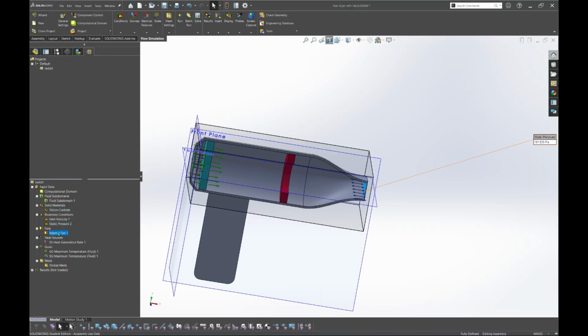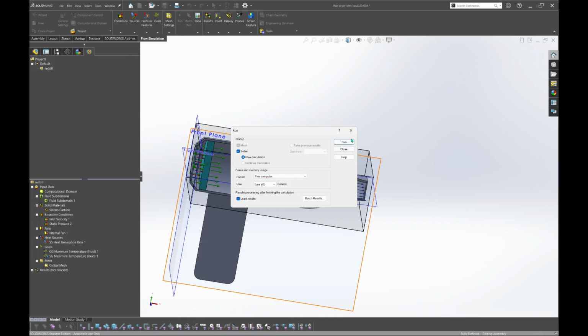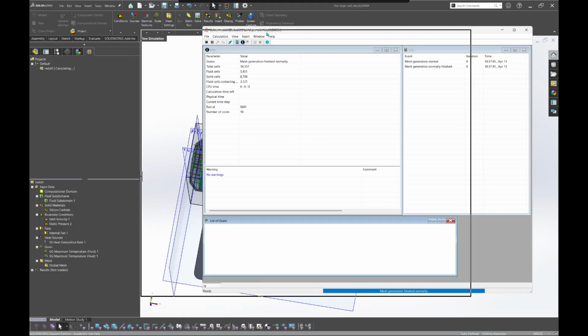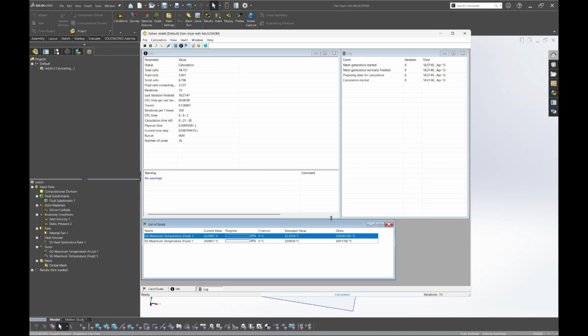Last, we can run your simulation. Wait for the result.